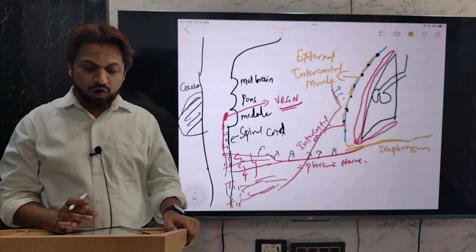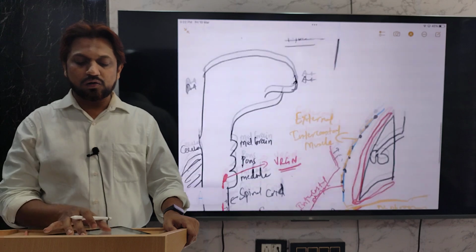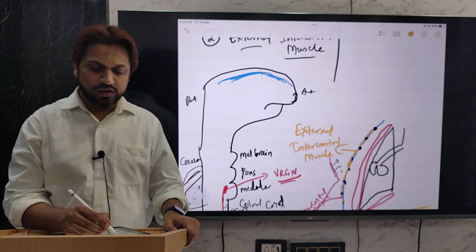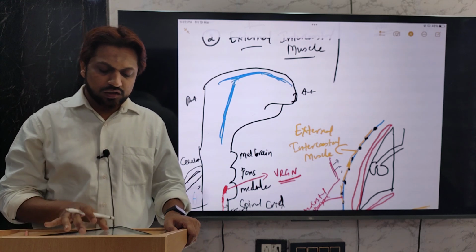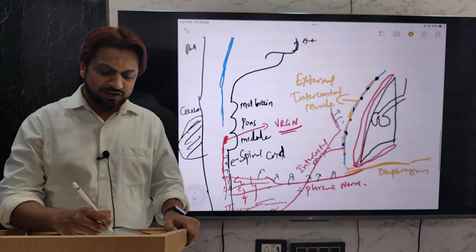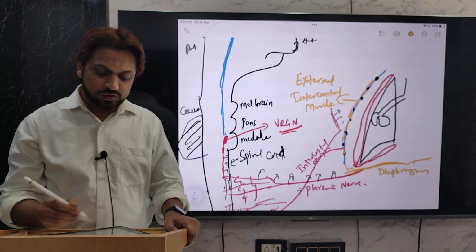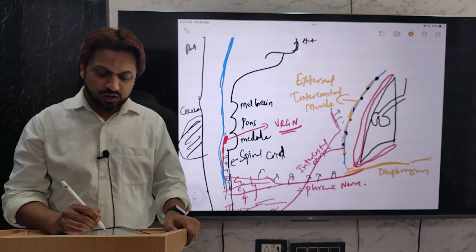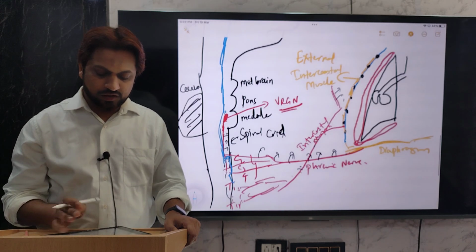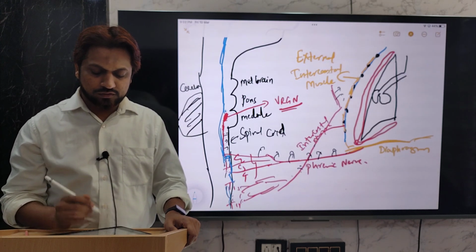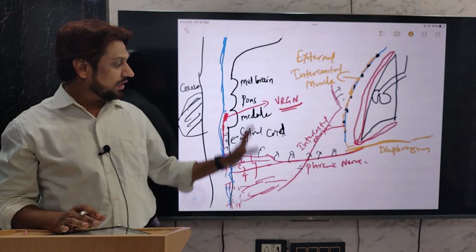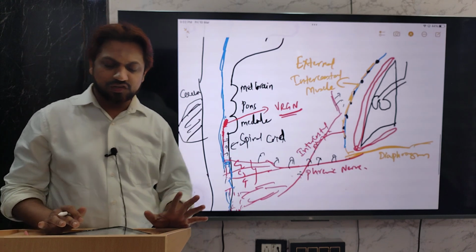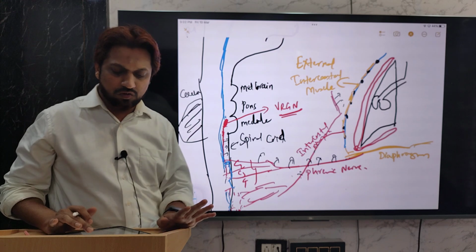Now I said there is a voluntary control also. This voluntary control is mainly controlled by the cerebral cortex. From the cerebral cortex, a group of neurons will give information voluntarily either to the respiratory muscles through the respiratory group of neurons, or directly to the C3, C4, C5 segments of the spinal cord, and also to the thoracic segment. I am just telling very gross things about this; detail we'll discuss in the regulation. Right now remember it has both voluntary control as well as involuntary control of the central